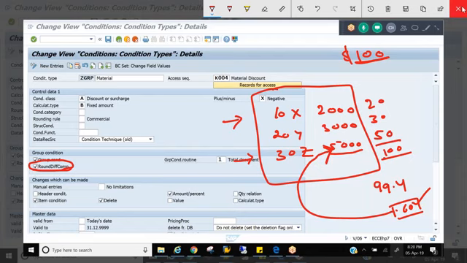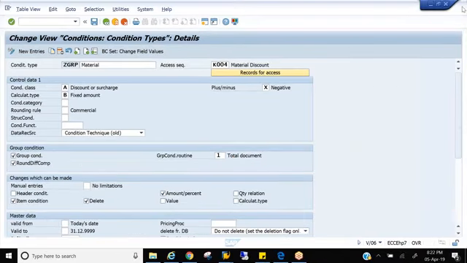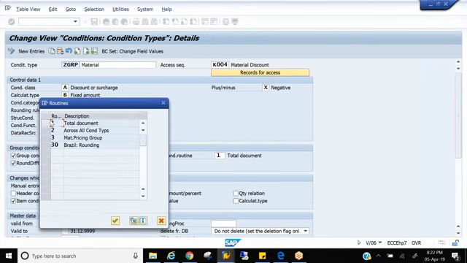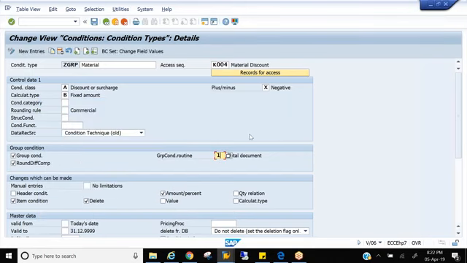So these are the configuration changes you need to maintain. Routine 1, this is a very important interview question. How do you propose a group routine for total document? By selecting routine 1. So routine 1 tells the system to propose a discount on the total document. Routine 3 tells the system material pricing group. First, let's finish this scenario. And apart from this, when should I give this 20,000 discount, anyone? When should we propose this discount?